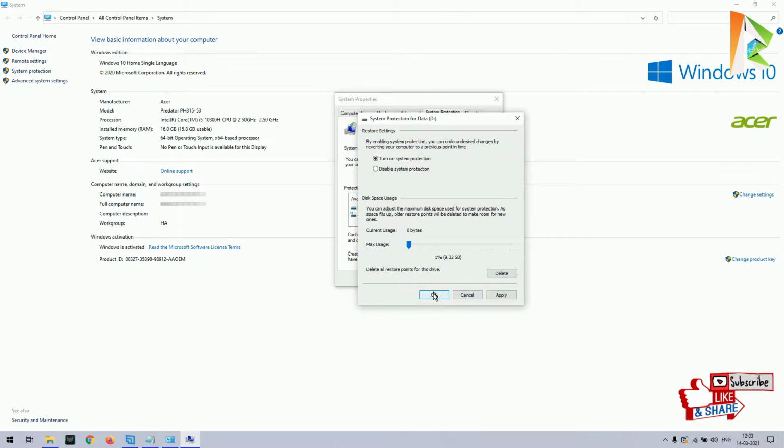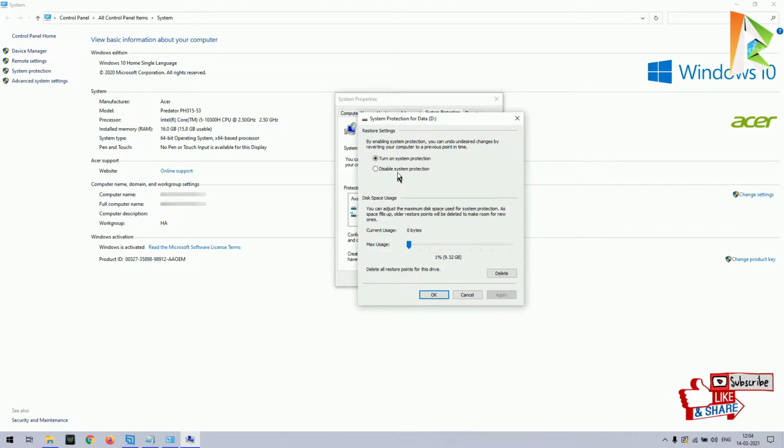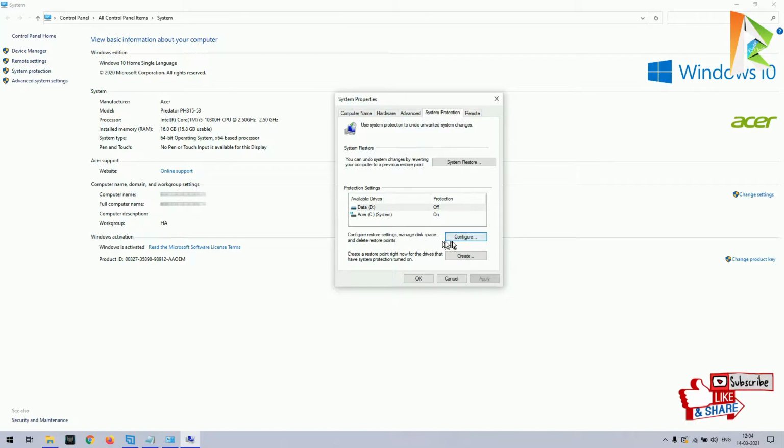Just click on Apply, then click OK. Now you can see system restore protection is on for D drive also. I am turning it off. Now we know how to turn on or off system restore for your drives.